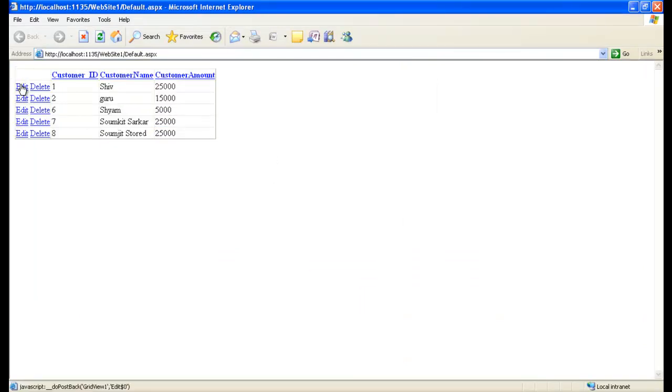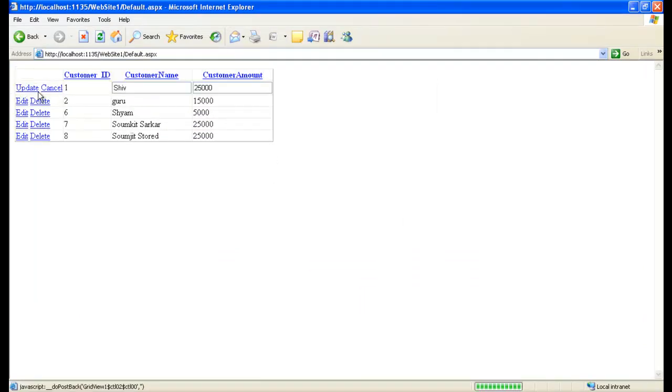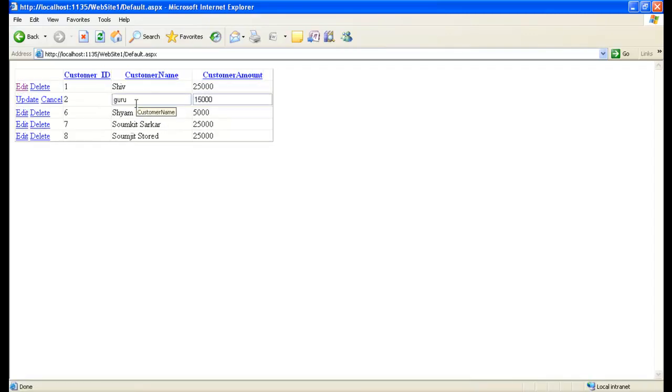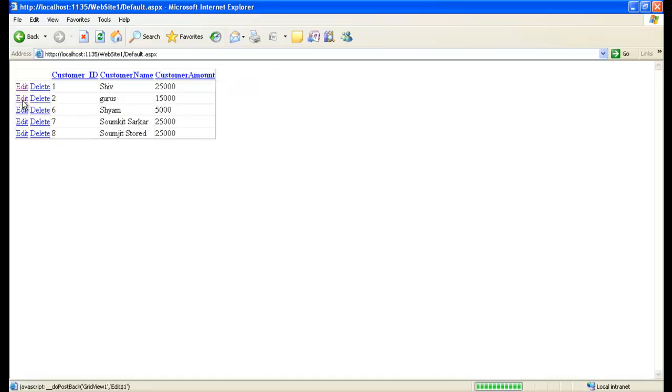It's very simple. You can do the edit, update, delete. See, if I do edit, just like a normal insert, update, delete, it will show update. If I want to edit, let's say guru, just convert it to gurus. Let's say update, it will update. So everything is happening through the entity data source only. Now you have seen how to create an entity data model. It's a simple, normal example.